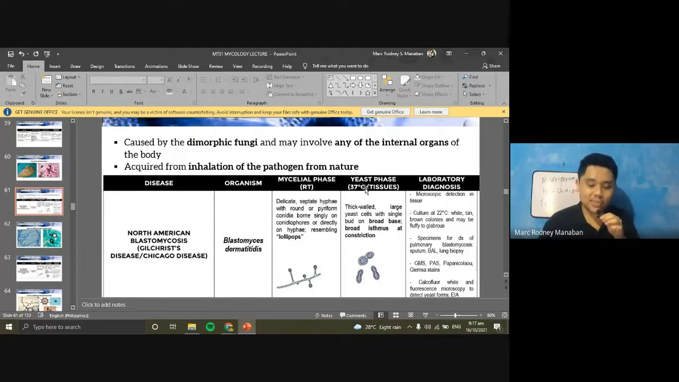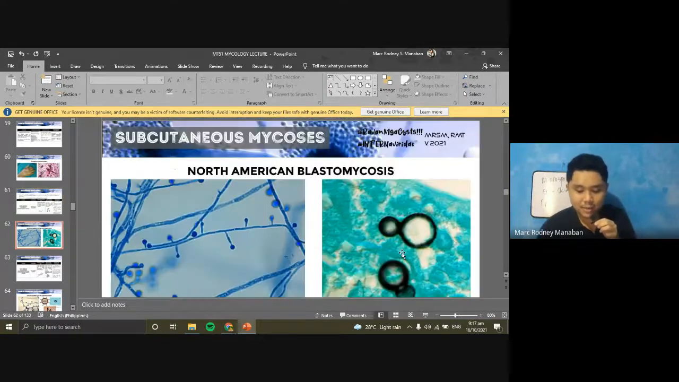And for the yeast phase, very important is the broad base and broad isthmus at constriction. Isthmus meaning bridge, no? Or the connection between your mother cell and daughter cell. Okay? So broad base, broad isthmus at constriction. Okay? Now for lab diagnosis, microscopic detection in tissue, culture at 22 degrees Celsius, and also the specimens that are best